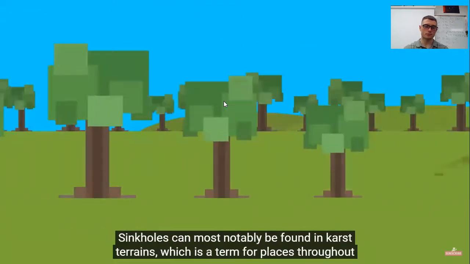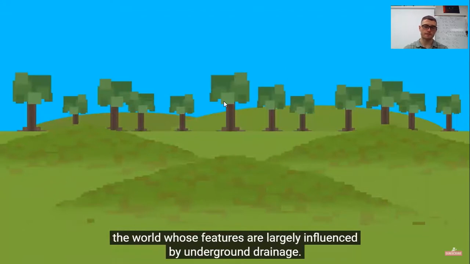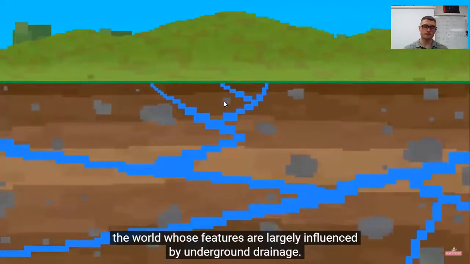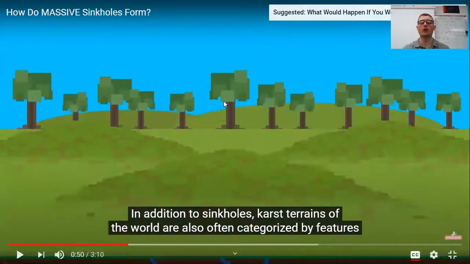Sinkholes can most notably be found in karst terrains, which is a term for places throughout the world whose features are largely influenced by underground drainage. In addition to sinkholes, karst terrains of the world are So go ahead, watch all of that on your own